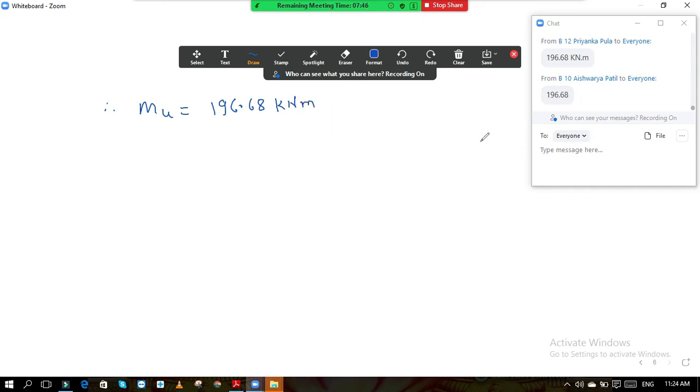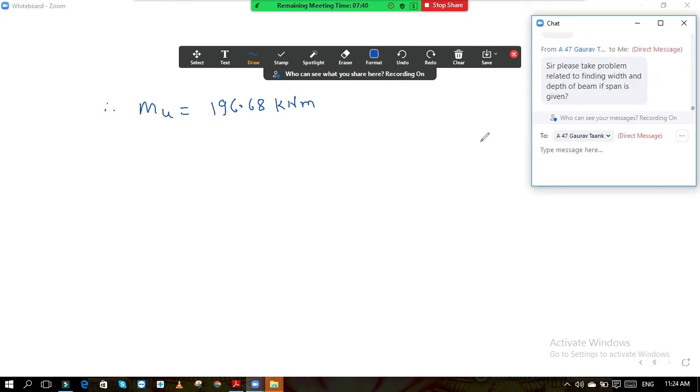I hope you are now clear with these flanged sections. This is the last type of problem we have taken. Problems on finding the width and depth of the beam are not there for you now. It is the analysis of the doubly reinforced section for your syllabus. If you want a problem on finding the width and depth of the beam when the span is given,